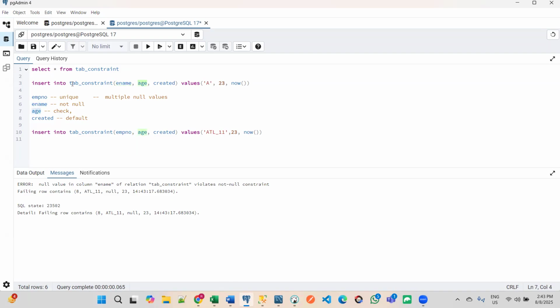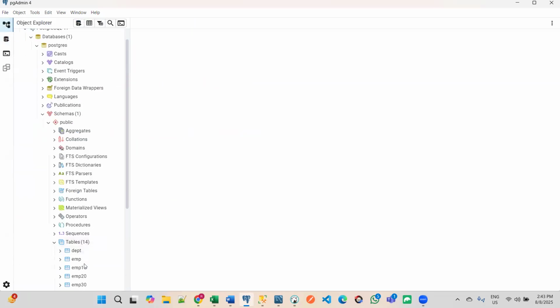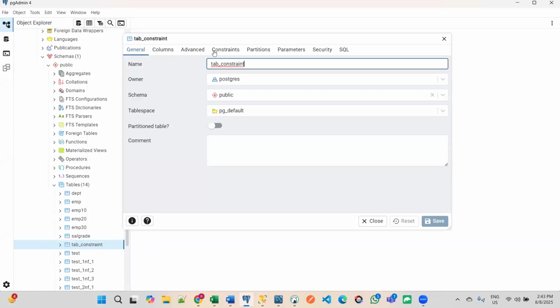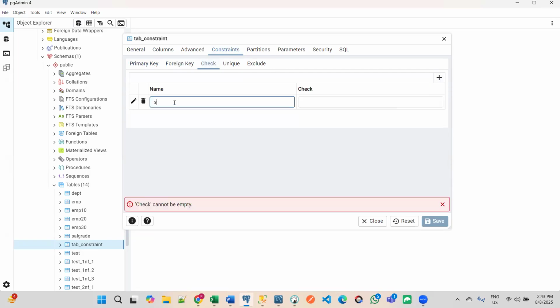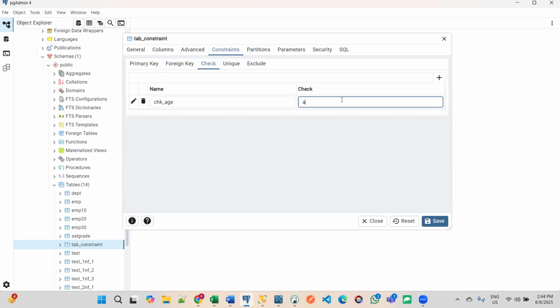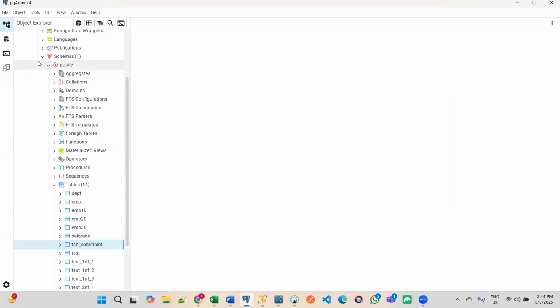Okay, so this is not null. And now age check. So here go into the properties of table constraint, and here constraint check and add age. So employee age should not be greater than 60. So here check constraint name, check age, and age should not be greater than or equal to 60. Okay, save and go to this,